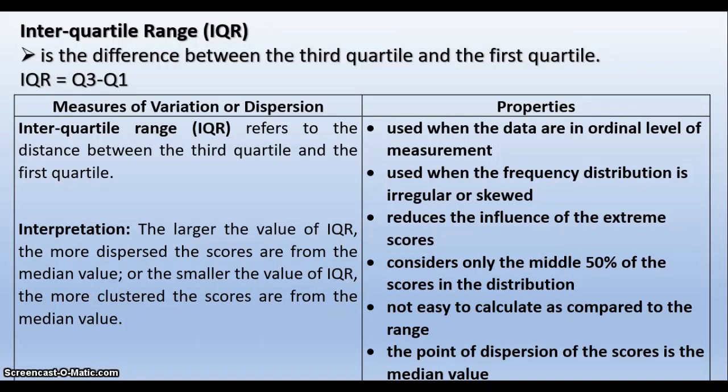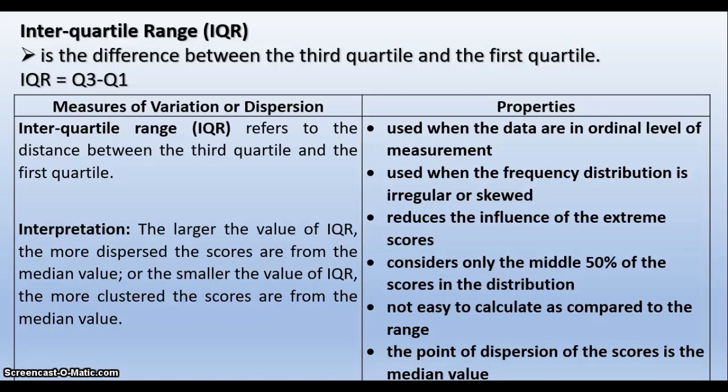The difference between them will be the IQR, and that includes the middle 50%. So it is not easy to calculate as compared to the range, of course, because you have to locate first the third quartile and the first quartile. So don't worry, because I'm going to post in our FB group some examples on how to solve the